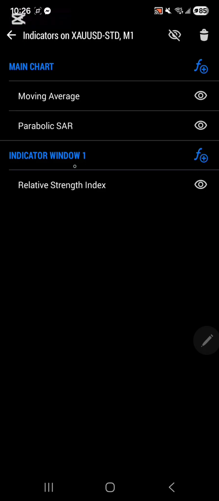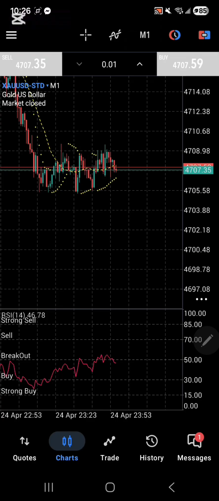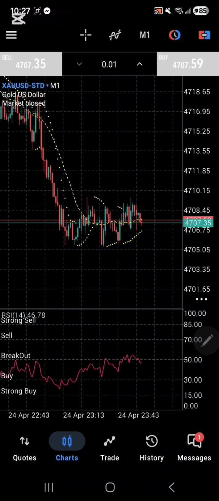So it adds a new indicator window underneath your main chart. It looks like this. The red line indicates the strength of the buyers or the sellers. If it goes up, meaning the buyers are strong, and if it reaches a certain point, it's called being overbought.